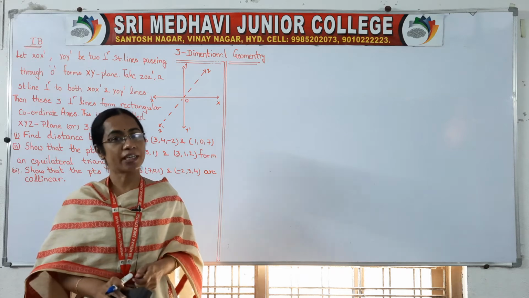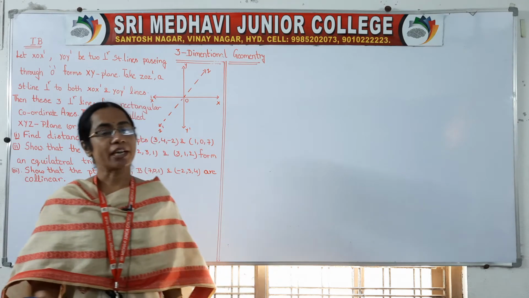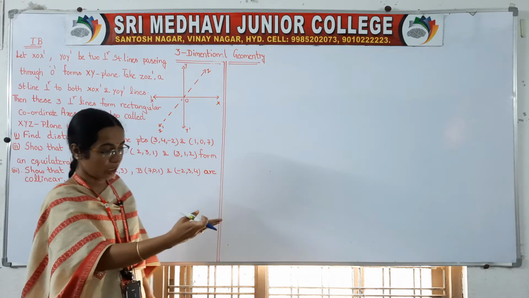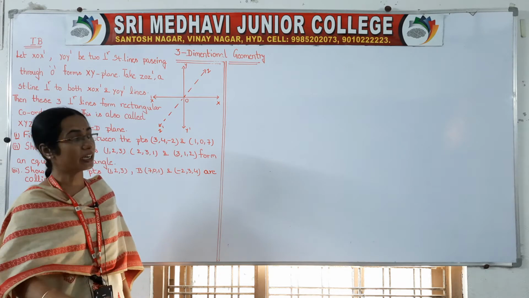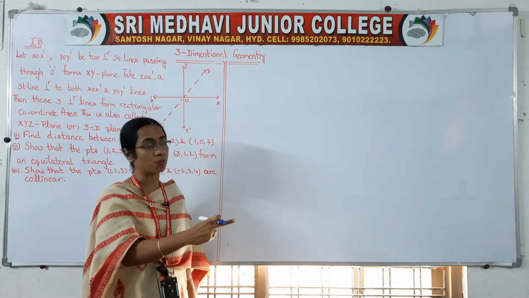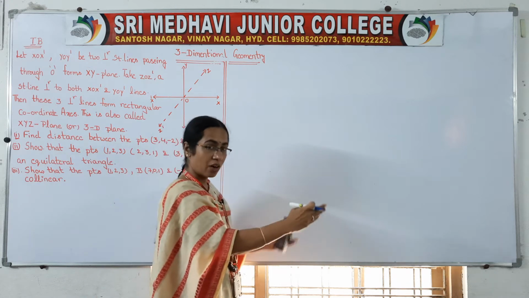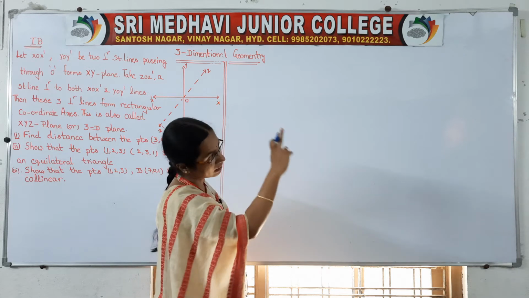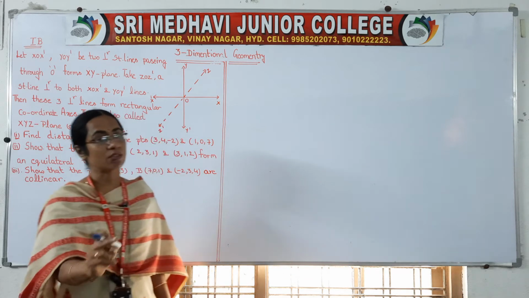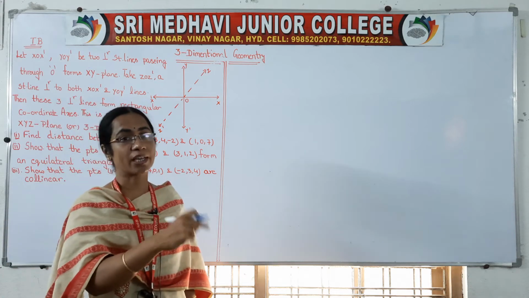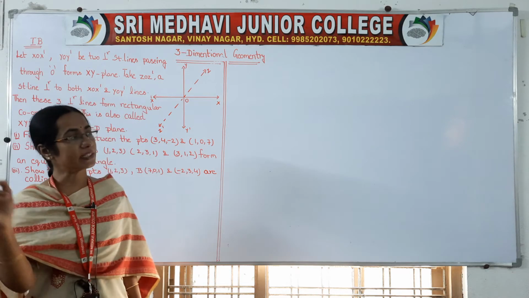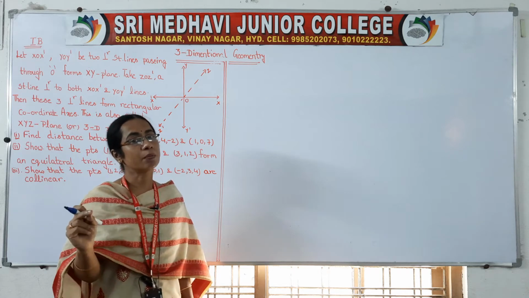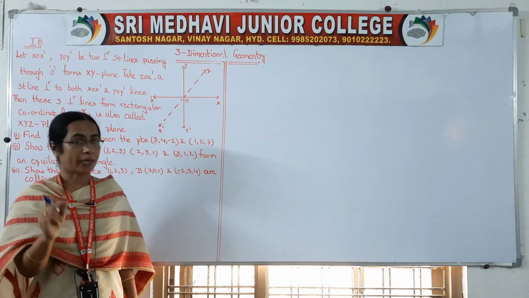This room is a three-dimensional figure, right? If you observe the corner of the room, you will exactly know your three perpendicular axes. At the corner we get three axes. This is one axis, that is another axis, and that is another axis. You can consider one as x, one as y, one as z. So the corner of the room is exactly an example of your 3D plane.